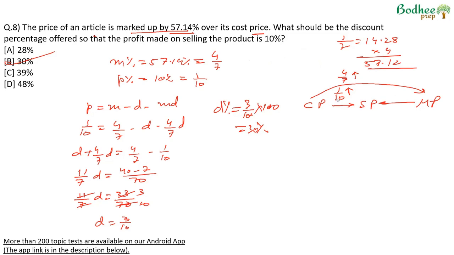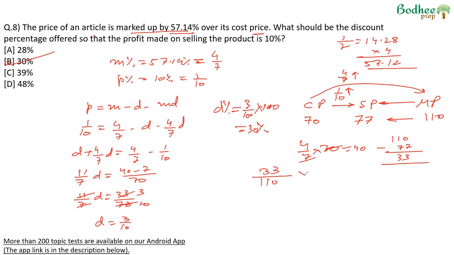We have to calculate 4/7 and 1/10 of the cost price. So what we'll do is we'll take the cost price to be 70. 1 by 10 of 70 will be 7, so selling price becomes 77. 4 by 7 of 70 will be 40, so 70 plus 40 will be 110. So the discount that is being offered is 110 minus 77, which will be 33. And therefore discount percent will be 33 upon marked price, 110, into 100, which will give us the answer as